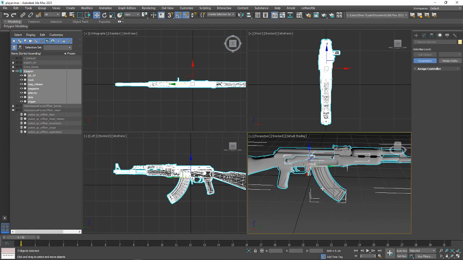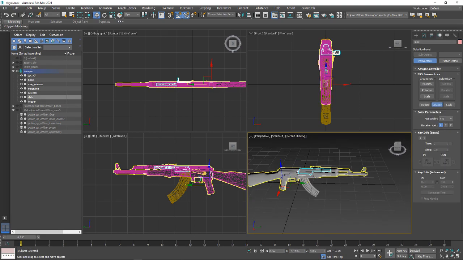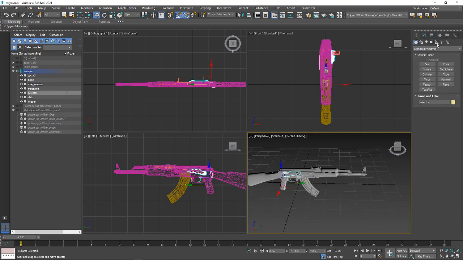We can actually create a cat rig for this weapon. It might sound pretty silly, but watch this. If we just go to create helpers, create cat objects,